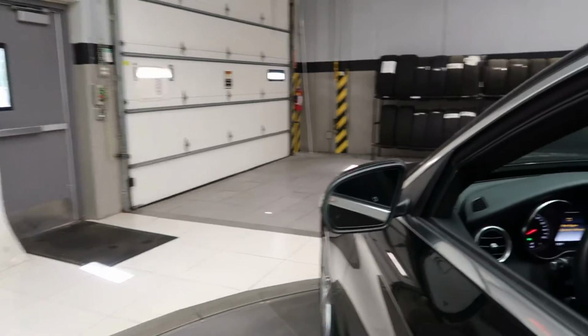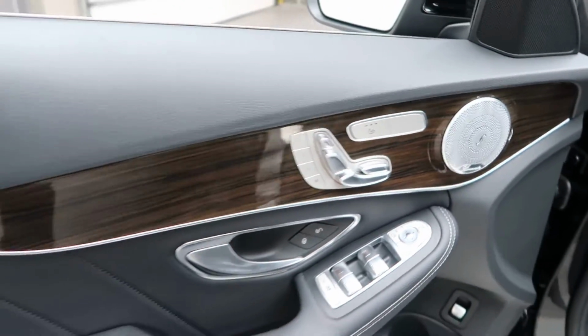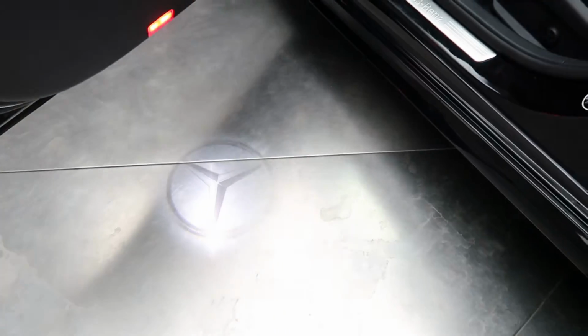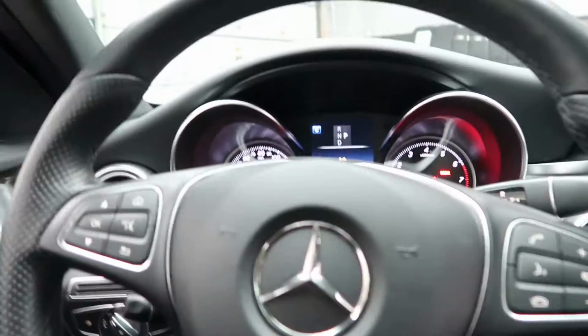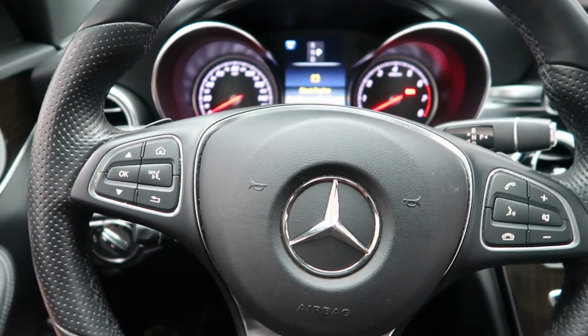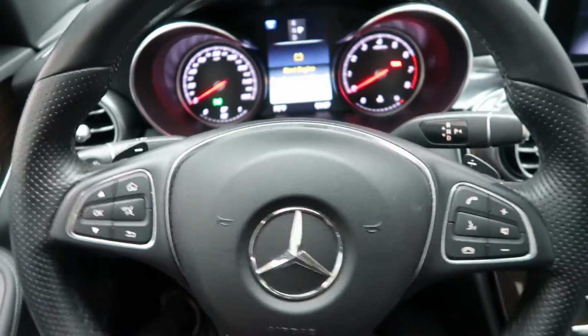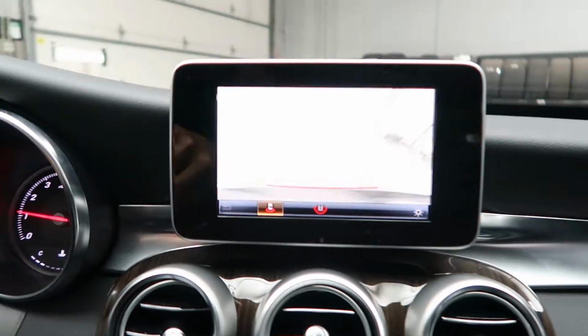premium 1 package with blind spot assist, Burmester sound system, heated seats, memory seats, an LED logo which appears when you open the door, heated steering wheel controls, smartphone integration with Android Auto and Apple CarPlay, paddle shifters for extra performance, a push start ignition, media display,